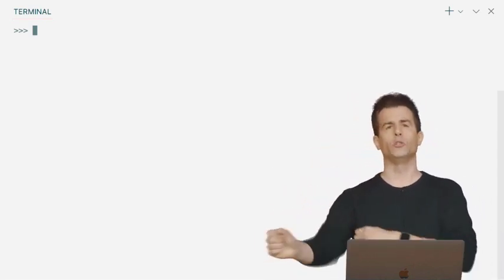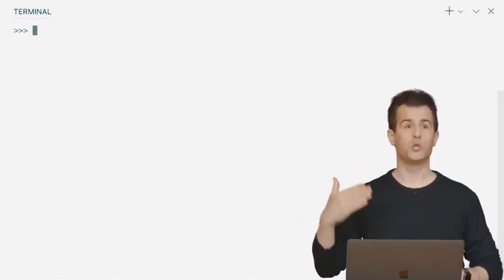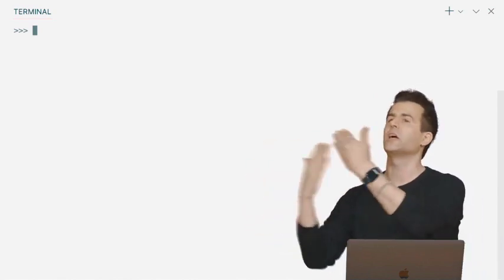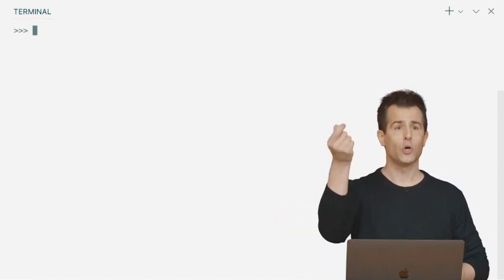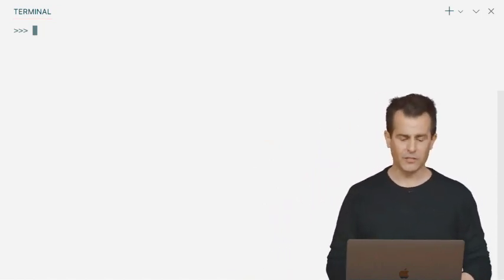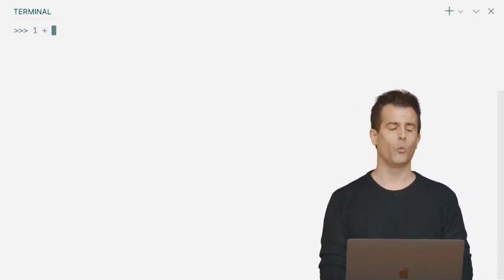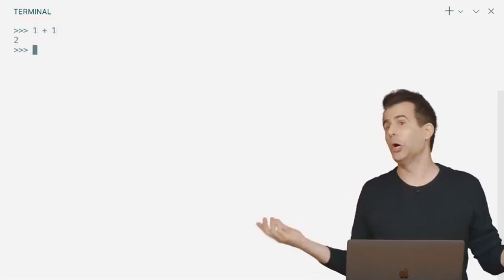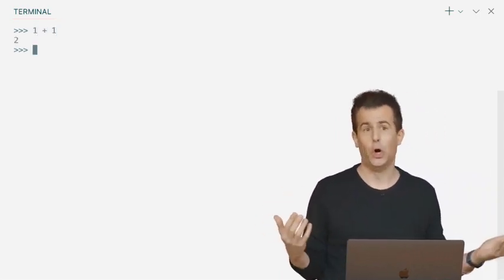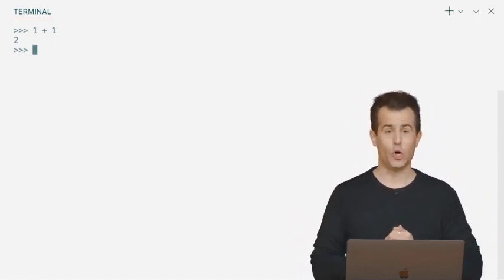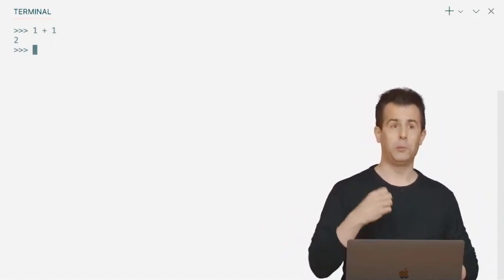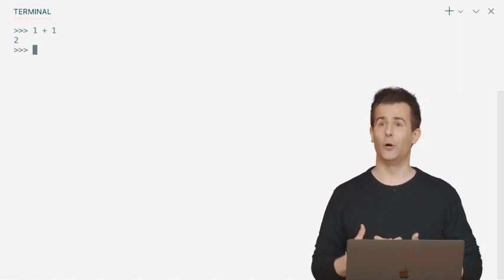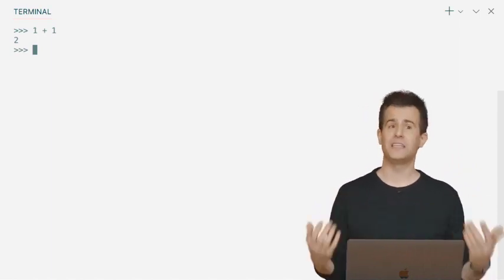It's as though in the human world, if you were standing next to a human who speaks some other language and you're just having a conversation with them back and forth, it's all happening, the translation, immediately. So what might I do in interactive mode? Well, I could do something like 1 + 1, enter. That's actually code. All right, you might not think of it as code, but if you know a bit of arithmetic and you know numbers and you know plus, that's valid Python code. And you can use Python really as a fancy calculator.